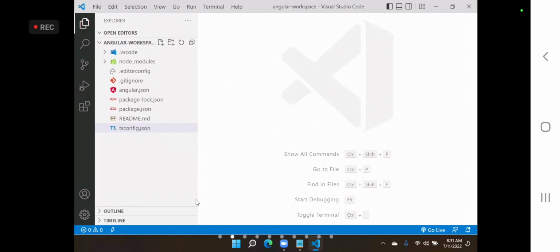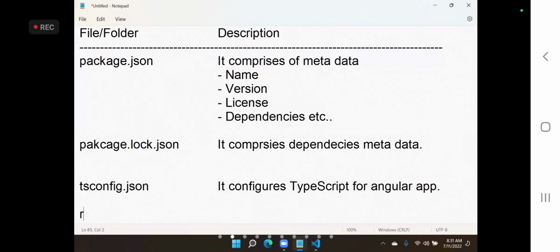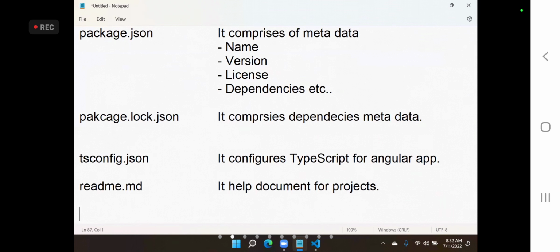Yeah. So another one is readme. You have readme.md. It is nothing but a help document for projects. That means for developers, if you want to write some help, like use this command to run the project, use this command to install this library, all such help for developers we can give in this document.